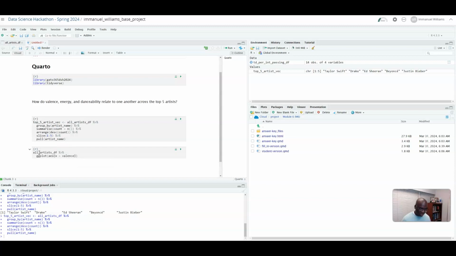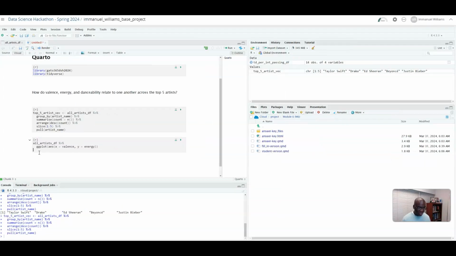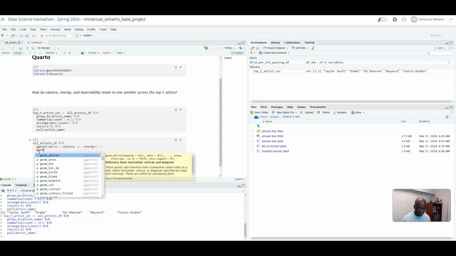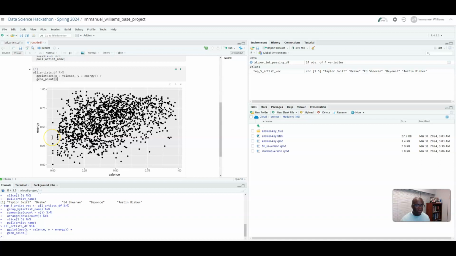Valence is x, and then y is energy. And then that is that. And then we'll do this as a geom point. And then, of course, it looks crazy.